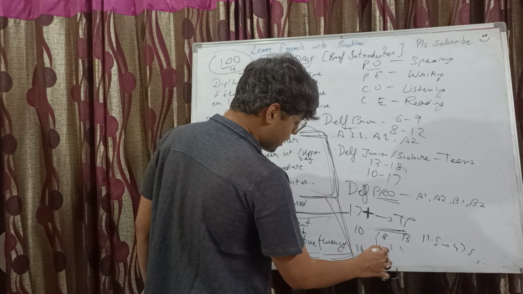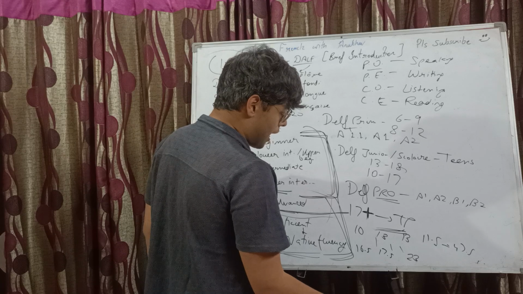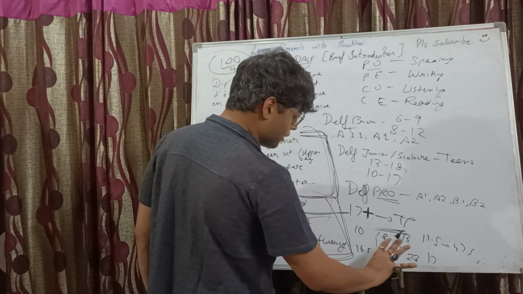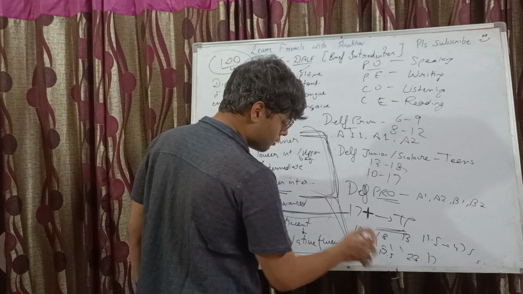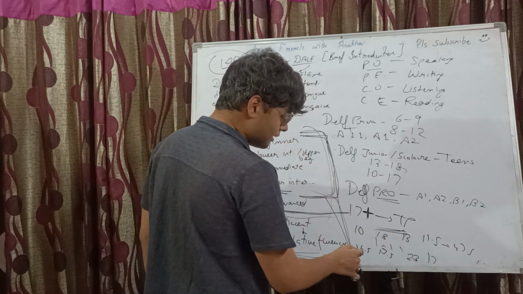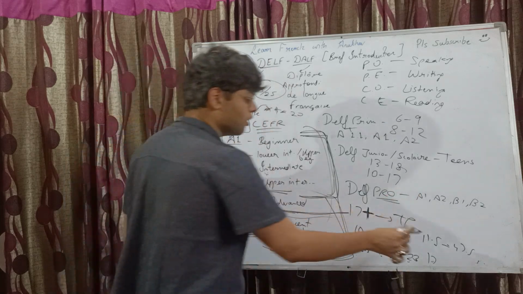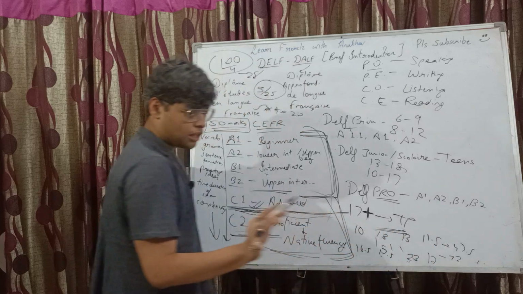I guess 16.5, 17.5, in writing it was 23, and 17, something of that sort. I guess 15.5, 23, 17, 16, 15, 31, yeah. 16.5, 15.5, 23 and 17, total 72. 72 in my second attempt. So I fulfilled both the criteria and I cleared the exam.